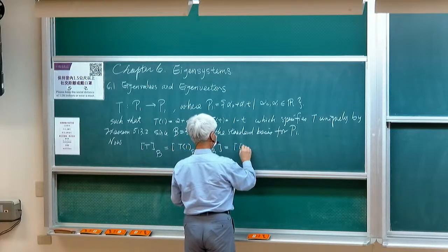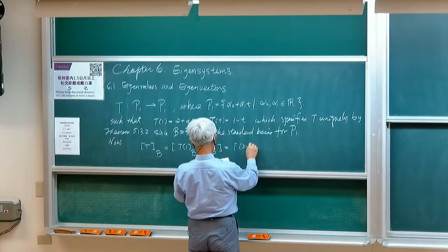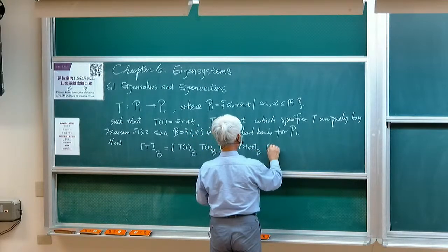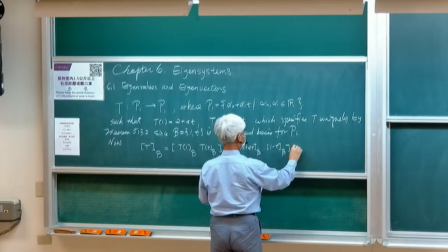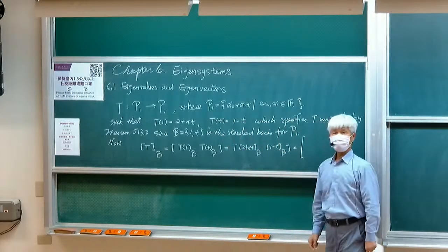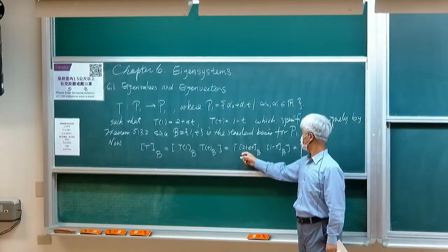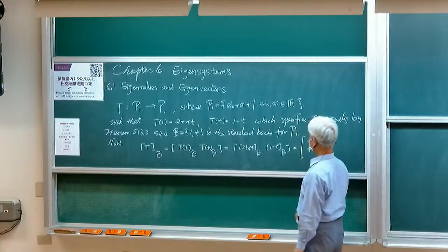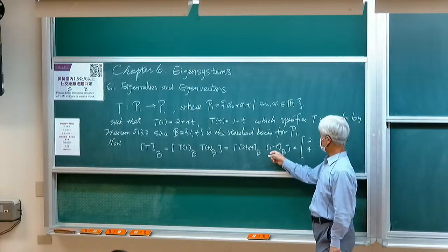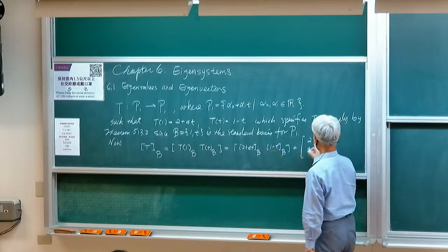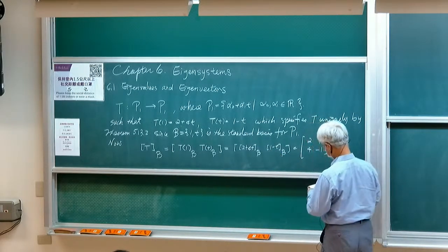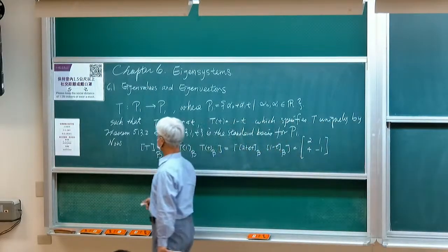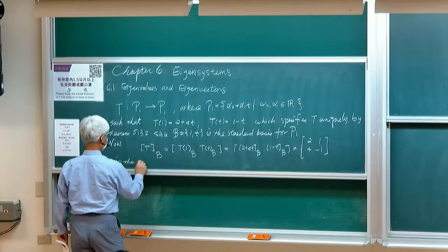So this is 2 minus 4t, 2 plus 4t, and 1 minus t, B. The B coordinate of this polynomial is 2 and 4 here, and the B coordinate of the polynomial 1 minus t is 1, minus 1. Okay, right? So this one is the matrix